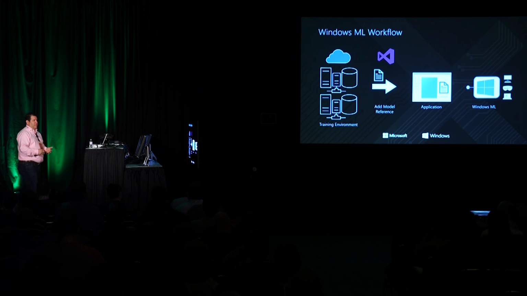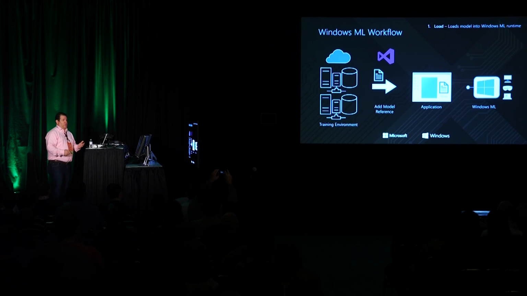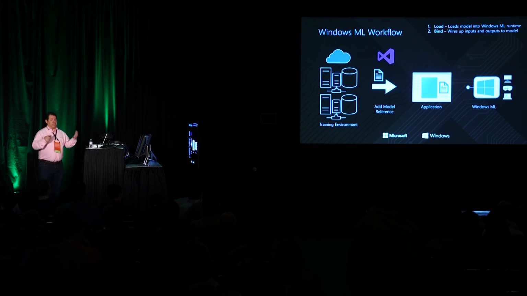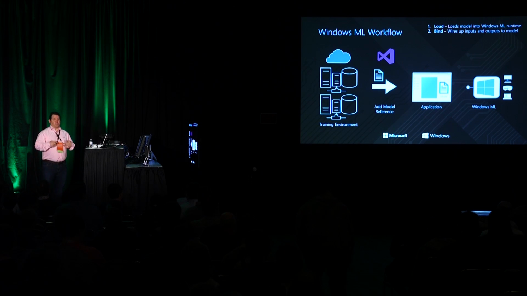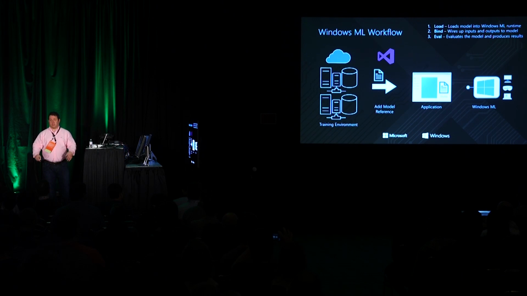And what we have is a process that we call load, bind, eval. First, you load the model into the Windows Machine Learning runtime, and it will basically analyze that model and decide how to run that model. Then what you do is you connect together the inputs and outputs. So if I want to do a computer vision operation, I can connect a camera or a photo or something from the DX pipeline to the model itself, perform my operation, and be able to put out the output results in the same way. I take those bindings and then I provide it to the engine, evaluate that model, and I get the results of my evaluation. That core pattern drives behind what we do: load, bind, eval. I'll show you a lot more of that later, but that's the real core flow of Windows Machine Learning.